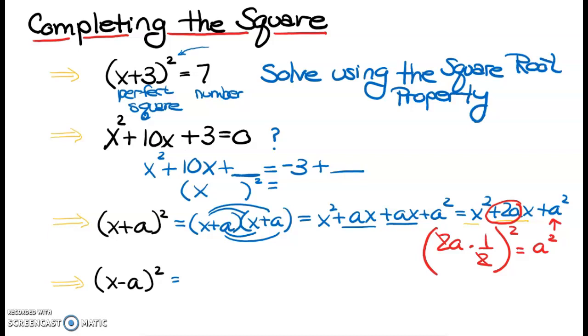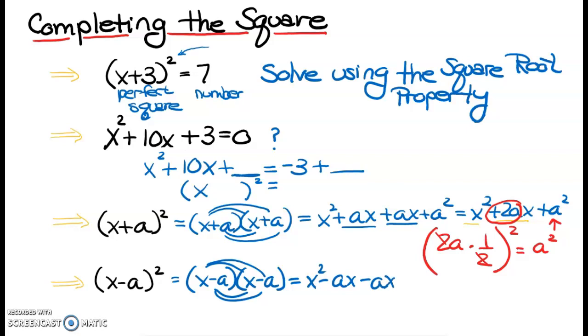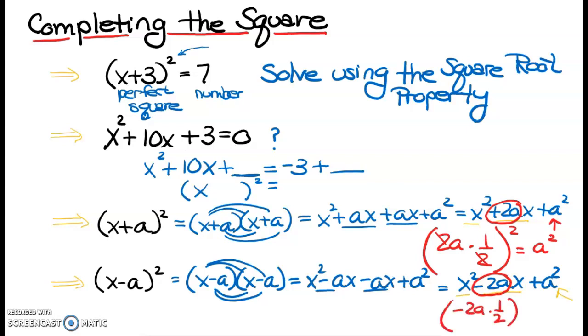Can I do that if it's x minus a? Well, let's see. (x - a) times (x - a) equals x squared minus ax minus ax plus a squared. So when I combine these two terms, I get x squared minus 2ax plus a squared. Check this out. If I have a first term and a second term, in order to figure out the constant that makes it a perfect square, I can take the number in front of my power 1, my x variable, and multiply it by a half. I get negative a, and then if I square it, I get a squared,